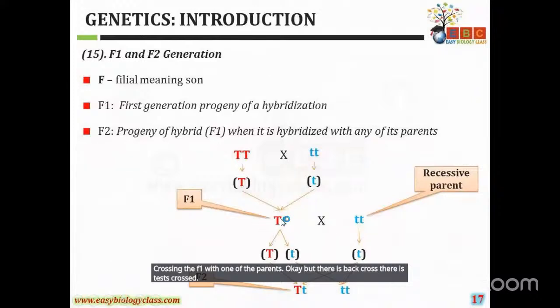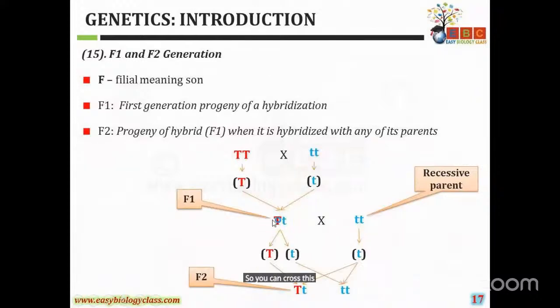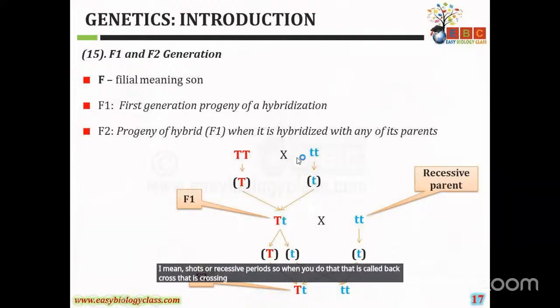So you can cross this heterozygous tall with either of the parents. Maybe the homozygous tall parent or the homozygous short or recessive parent. So when you do that, that is called backcross. That is crossing the F1 with one of the parents. Okay? But when you now cross F1 with the recessive parent, like it happens here,